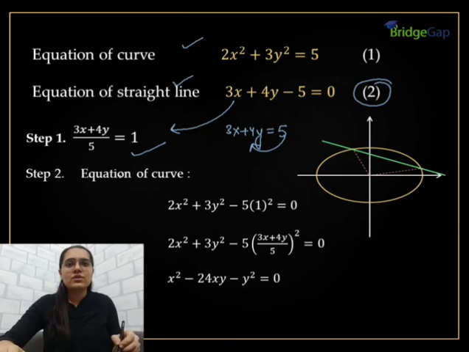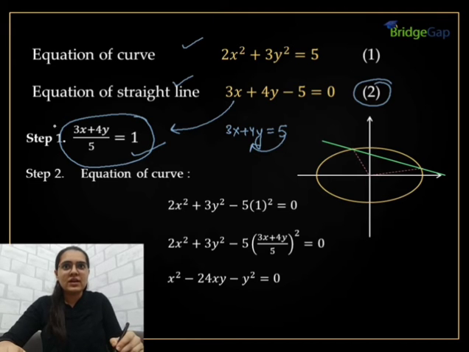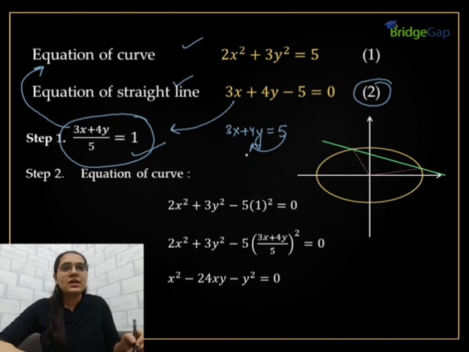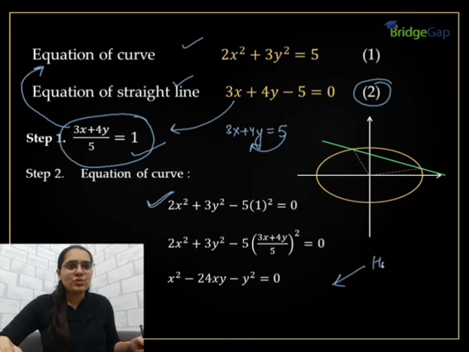Fine. Now you will see the equation of the curve. Now what we do is we put this value of 1 into the equation of the curve. And how do we do it? We rewrite the equation here. We multiply the constant term with 1 square, and there are no x and y terms, so we don't need to do anything with that, right? So we multiply it by 1 square, we put the value of 1 in this, and that's the homogeneous